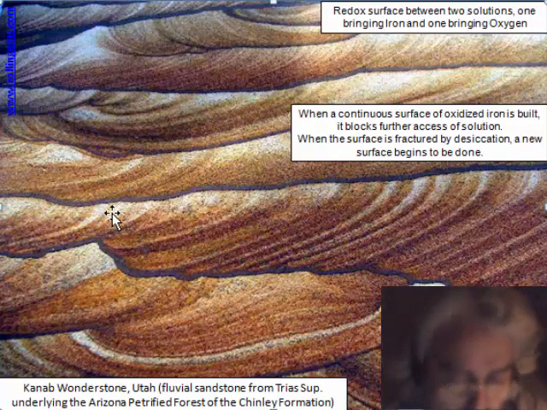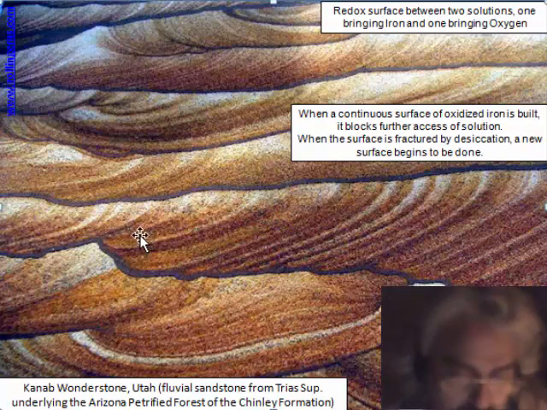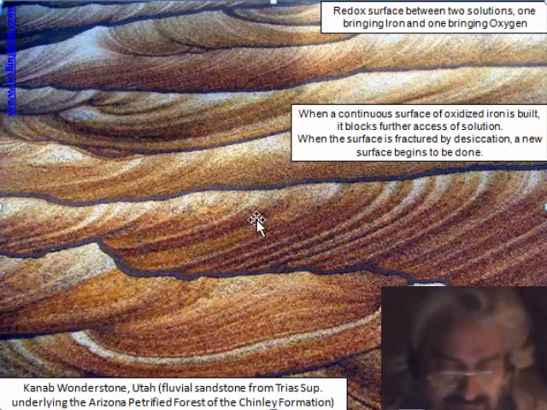Okay, how do they form the dunes? The dune is the result of a reduction of iron. So there is a redox surface between two solutions. One solution that brings oxygen that probably comes from the uppermost and is of meteoric origin, and another solution that is rich in iron that can be oxidized by the other solution. So the contact of the two solutions